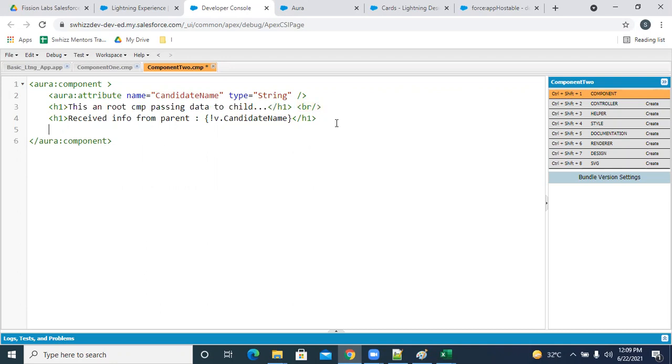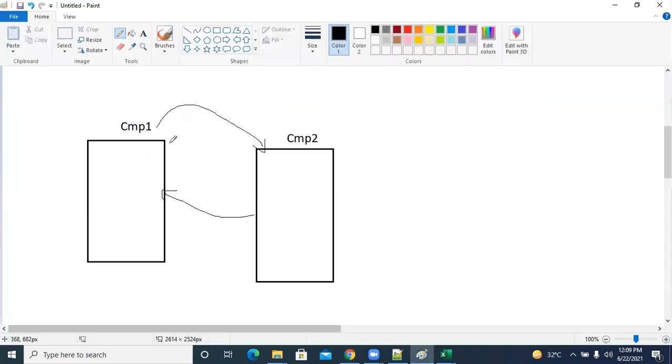Okay, this is the way how you write. Now this is one way of communication. One way of communication is you are passing attributes. So by passing attributes, you can make a communication. There is another way of communication. Okay, there is another way of communication. That is nothing but